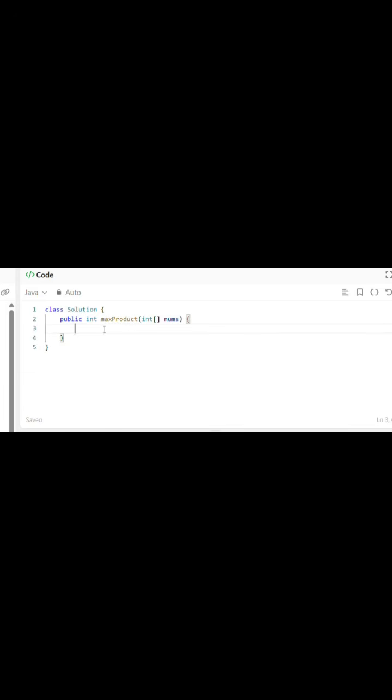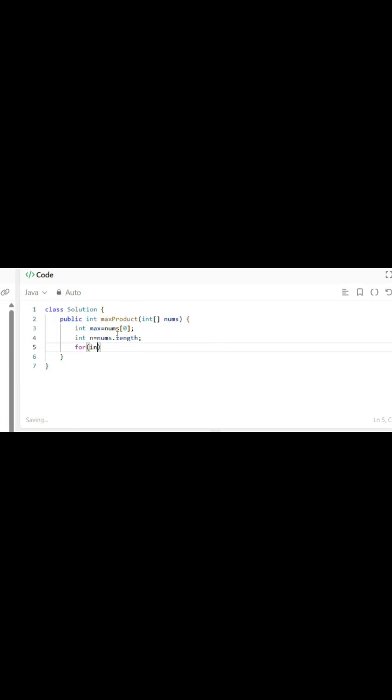As you can see, it is failing this test. So let me try to do it using other logic. First, let me initialize the max element to nums of 0, that is, assign the value of the element present at the 0th index to max. Now n will be equal to nums.length. Now let me use a for loop, i less than n, i plus plus.